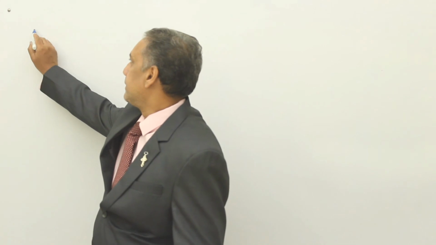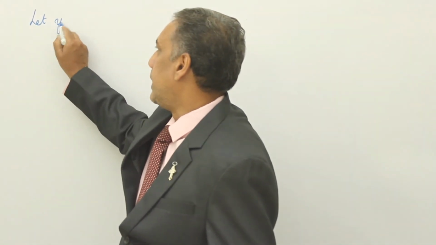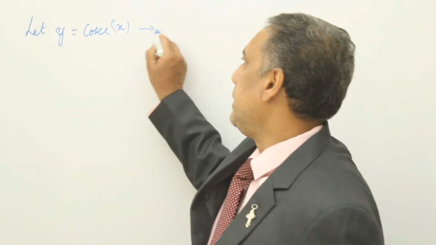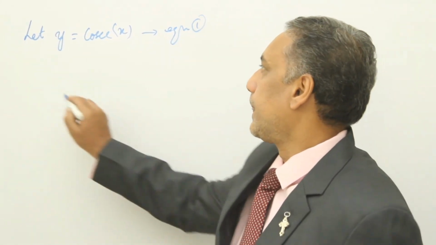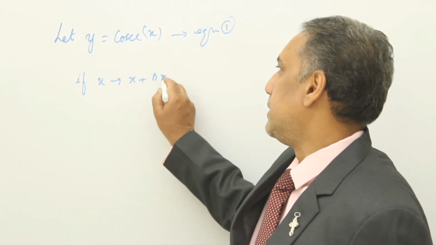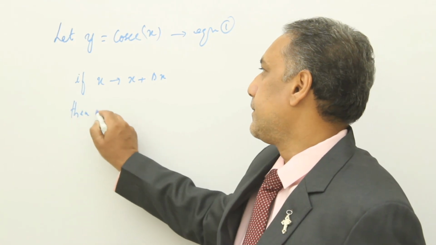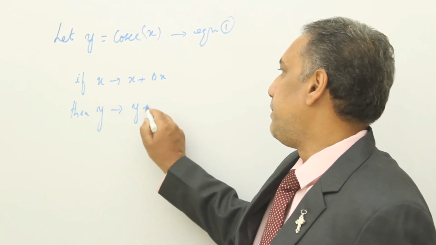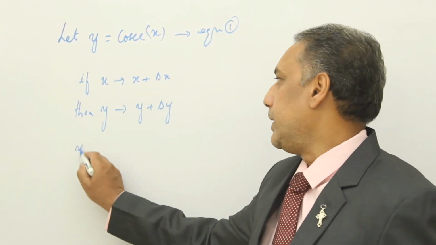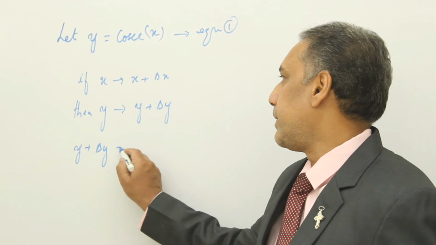Today we'll see the derivative of cosecant x by first principle method. So let y equal cosec x be equation 1. If x tends to x plus delta x, then y tends to y plus delta y. Substituting this in equation 1, we get y plus delta y equal to